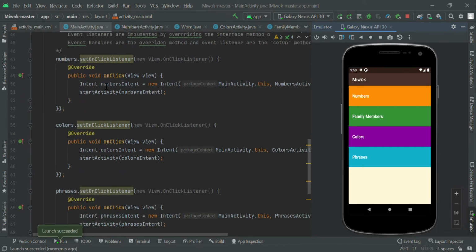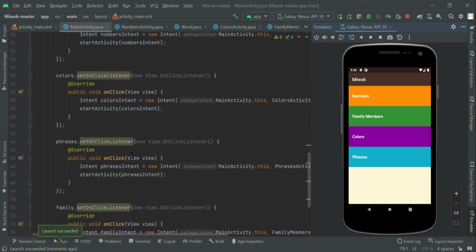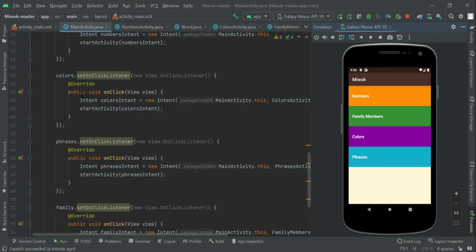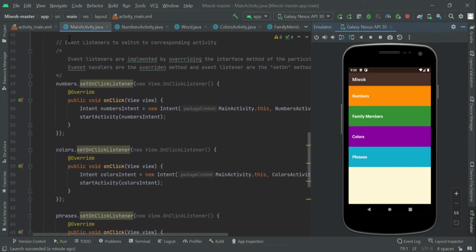when we click on any one of the four menus displayed here, whether numbers, family members, colors or phrases, it leads us to a class already created in another file, like ColorsActivity.java. If we click here, it takes us to the phrases, or to the colors, in which it is an array that adds everything into the Word document. Here the syntax is like, if you go to the Word document,